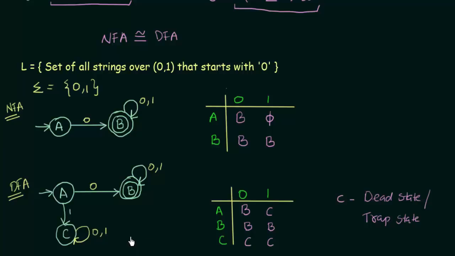So here I have the complete DFA. Let us check if it is complete. In A, I have mentioned what happens when it gets 0 and 1. Yes, A is complete. B also I have mentioned what happens when it gets 0 and 1. B is complete. C also I have mentioned what happens on getting input 0 and 1. So C is also complete. So now we have made the equivalent DFA for the above NFA. And this is how you convert an NFA to its equivalent DFA.